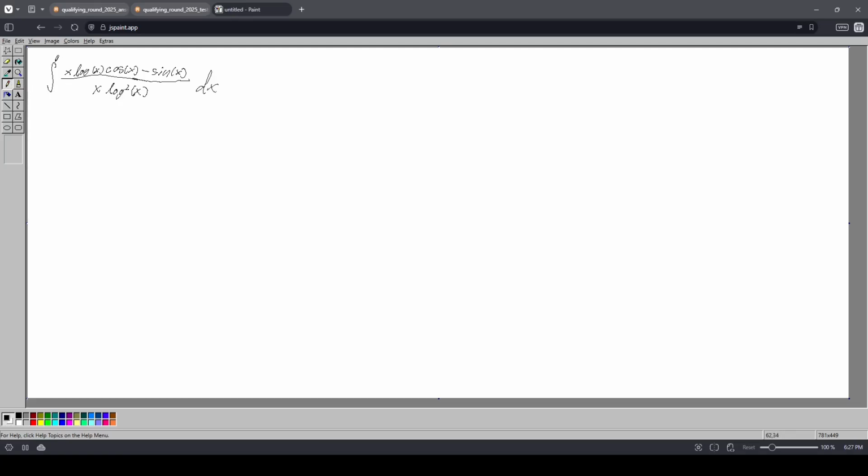Alright, so today we'll be looking at the integral of (x log x cosine x minus sine x) over x log squared of x dx. Once again, just so it's known, for our purposes, log without a symbol is log base e, which is natural log. So, you look at this, it's weird, but there's something we can do to maybe make it look a bit cleaner,